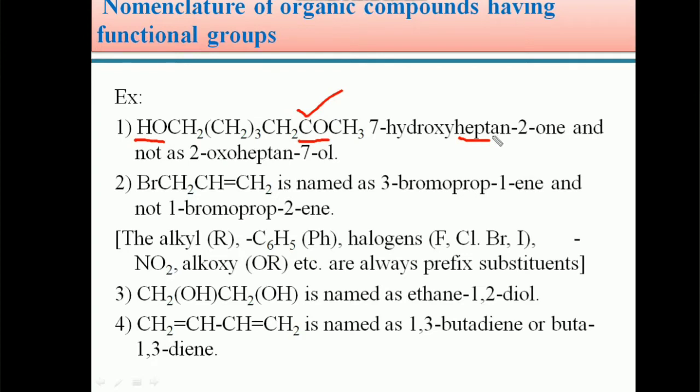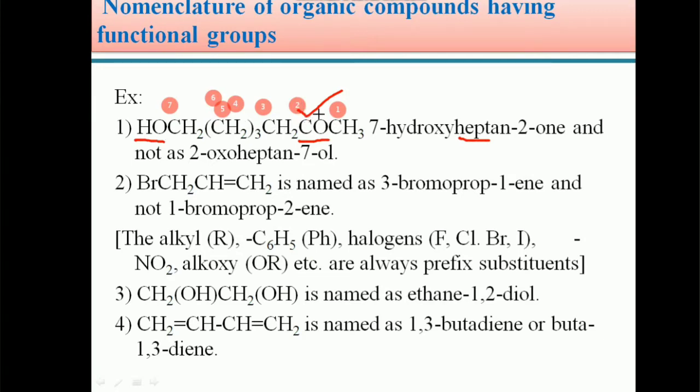And you can give the numbering as 1, 2, 3. Here 3 carbon atoms are present, so total becomes 6 here, and this is the 7th one. 4, 5, 6. So here 3 carbon atoms are there, and this carbon is numbered as 7. So here 7 carbon atoms are present, and keto group is the main or principal functional group, and OH as a substituent. This substituent is present on the 7th carbon.